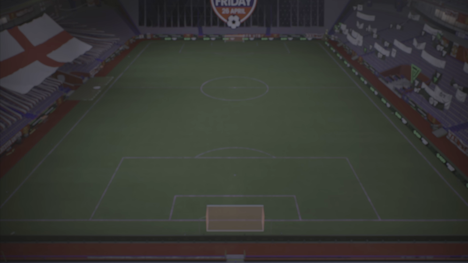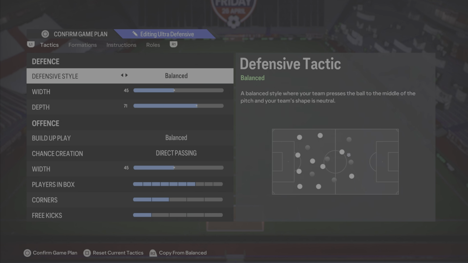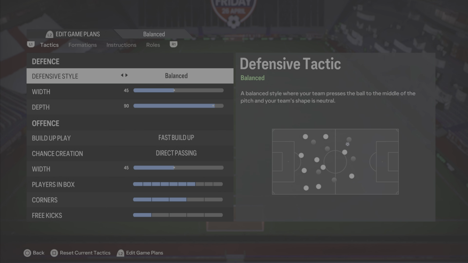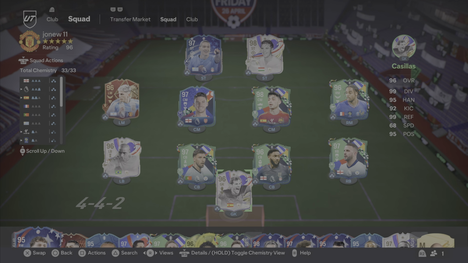Anyway, we have got a narrow formation today, and we have got the 4-1-2-1-2-2, so it's the narrow version, not the wide version. This is how we've got it set up. We've got it balanced 45-71, balanced direct passing 45-7, 2 and 1. Now, this formation is pretty solid in terms of moving forward, defending, passing it around. The width you get is from basically the left back and the right back, and